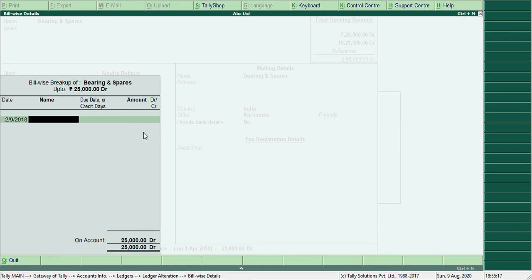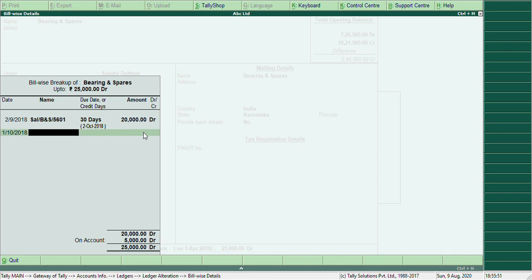Second September, sale slash Bearings and Spares. Their bill number 5601. Credit days allowed 30 days. 20,000 pending to receive.